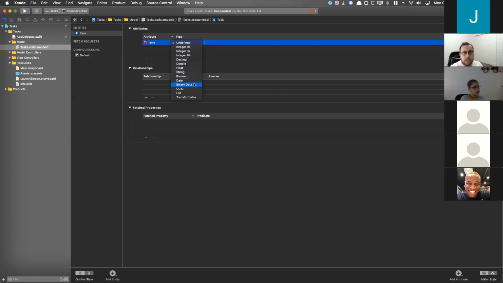Binary data, which would just be like data, a UUID, which we'll talk about tomorrow or maybe Wednesday, a URI, which is basically like a URL, and transformable, which is kind of like any. I don't want to get into any of these last ones today, especially UUID, URI, transformable, binary data. They're not more advanced, but just not related to any of today's projects. But I will talk about them. So we're just going to say that we want this to be a string, and